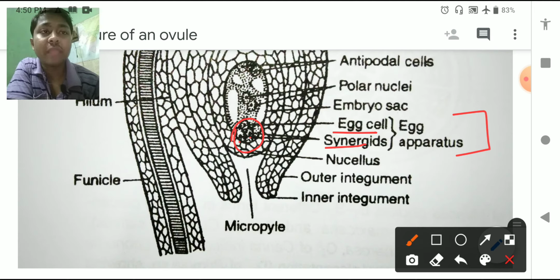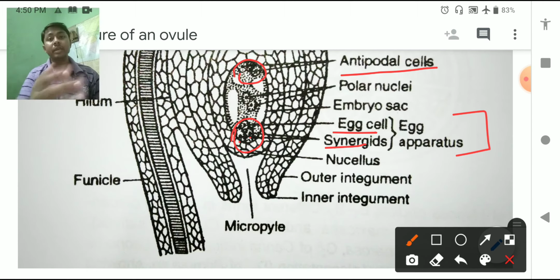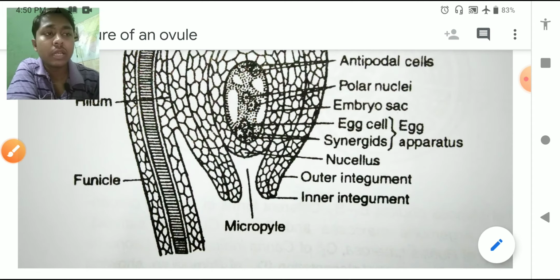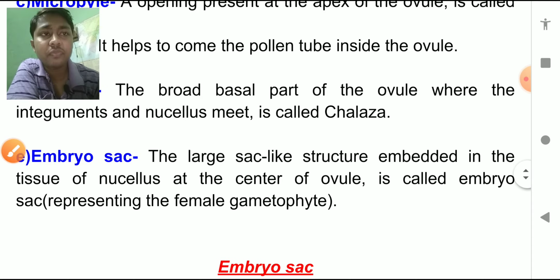Now another 3, out of 8, are present at the chalazal end. These 3 are called antipodal cells. And the rest 2 that are present at the center are called polar nuclei or definitive nuclei. Sorry, one thing I should tell you: when they are not fused, they are separate and present side by side, then they are called polar nuclei. But after fusion, when the center nuclei fuse with each other, then it is called the definitive nucleus or secondary nucleus. I hope this is clear to you, and now we see all the statements regarding this.